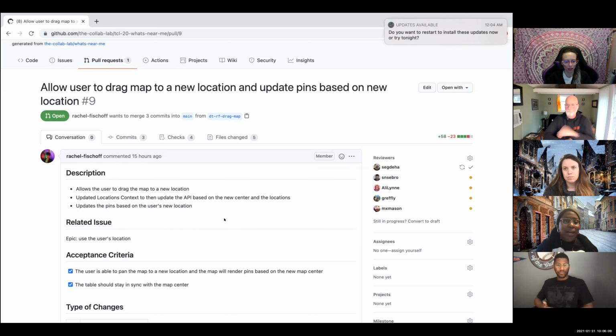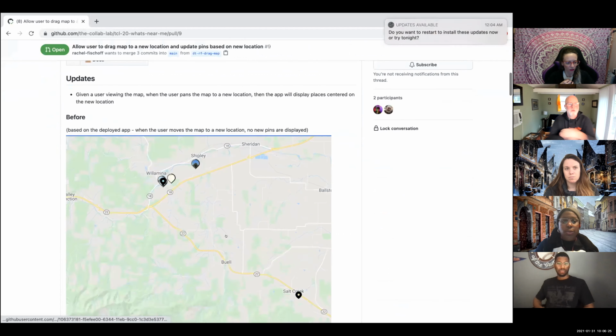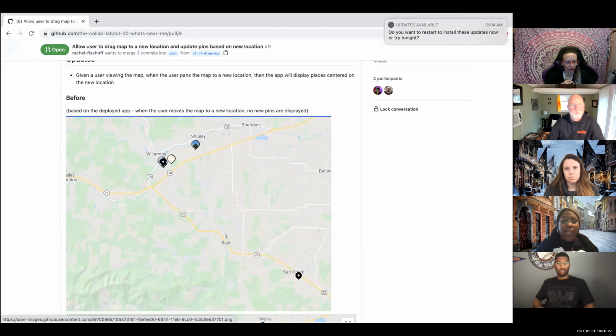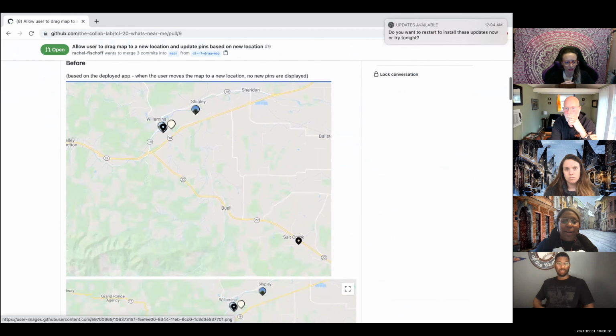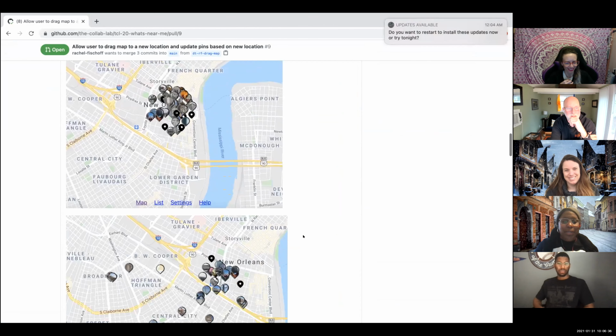Allow the user to drag the map to a new location, update location's context to then update the API based on the new center and locations, and update pins based on the user location. So this was the before, and as the meme goes, this is how it started, and this is how it's going. So let me bring up what it looks like live.